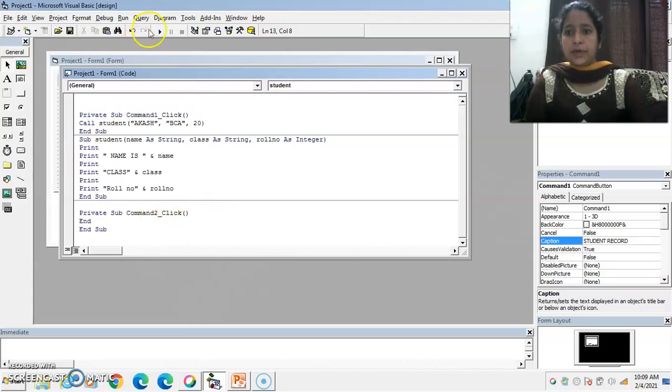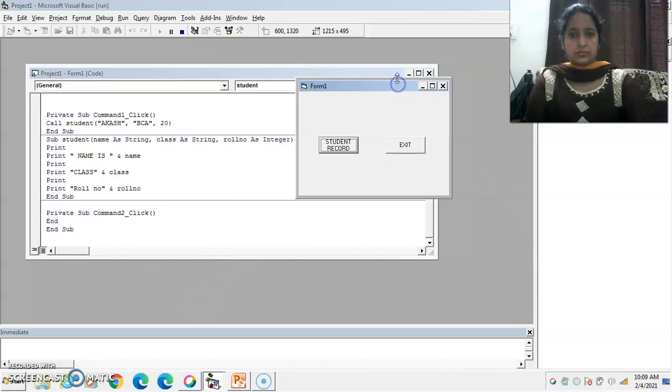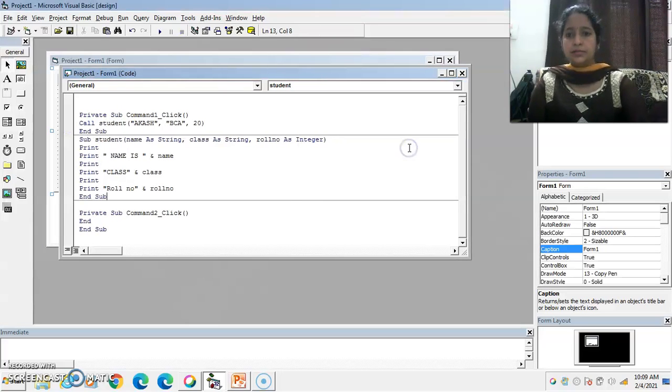Now run this program. Now the screen is visible to you. Click on the student record button. Now you see clearly on the screen the name is Akash, class BCA, roll number 20. Now click on exit button.